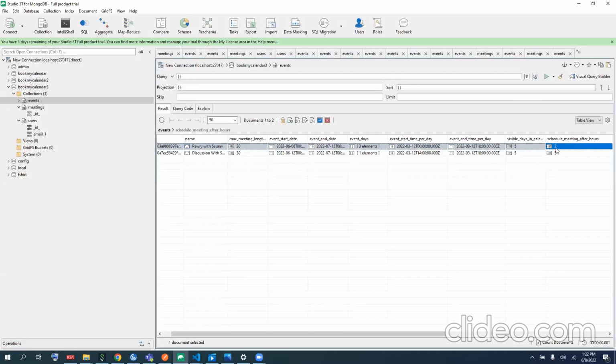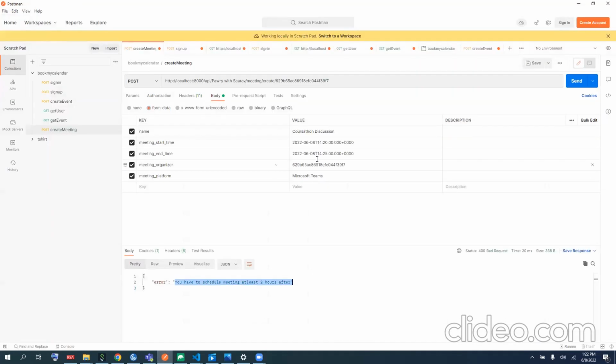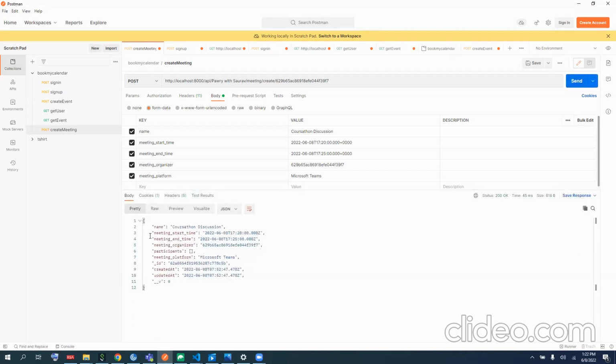So we have 2 hours. Let's say I change it to 3 hours. If I click on it right now, we can see you have to schedule meeting after 3 hours. So let's add 3 hours, maybe 14, 15, 16, 17. Let's try for 17:20 and 17:25. So we can see that the meeting name has been added, course-a-thon discussion, the meeting start time, meeting end